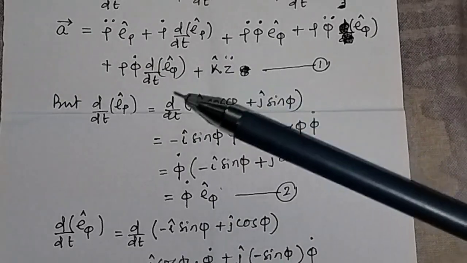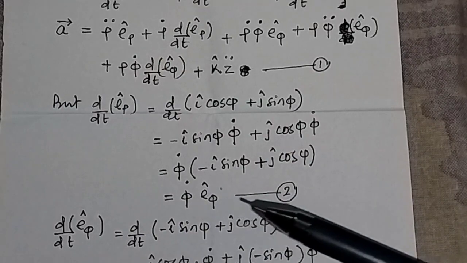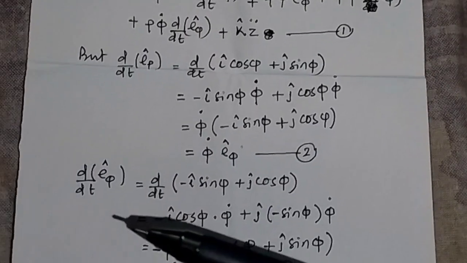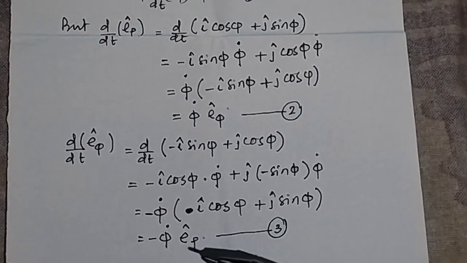The derivative of e_ρ cap with respect to t will be equal to φ dot e_φ cap. Similarly, the derivative of e_φ cap with respect to t will be equal to minus φ dot